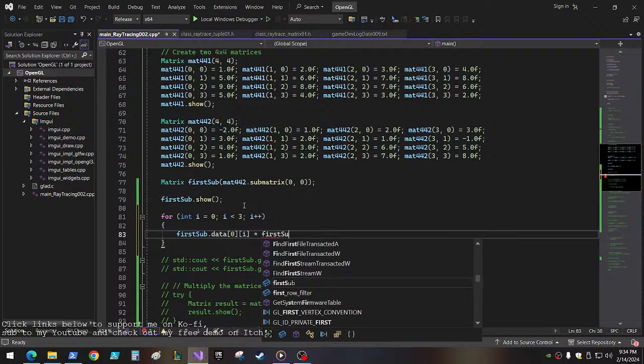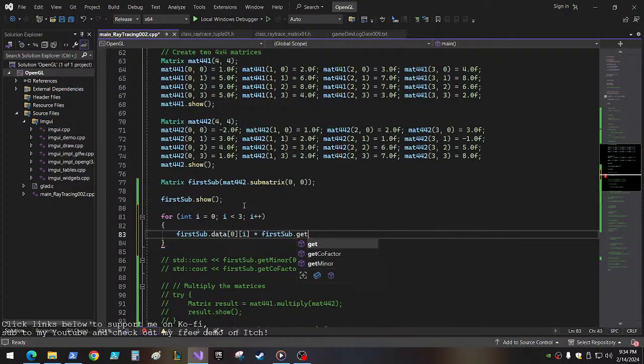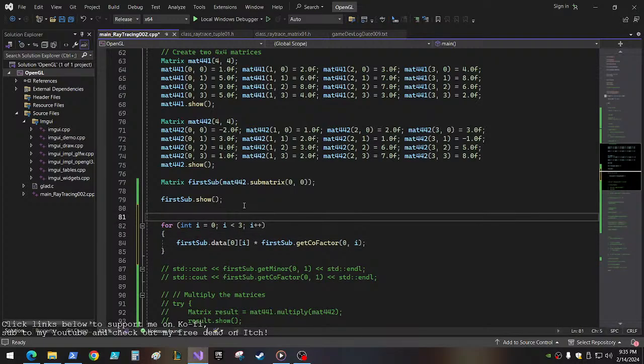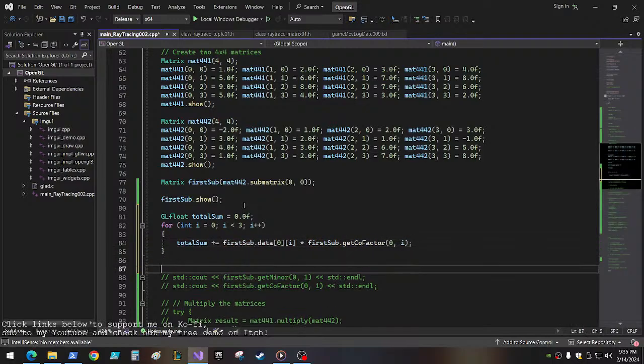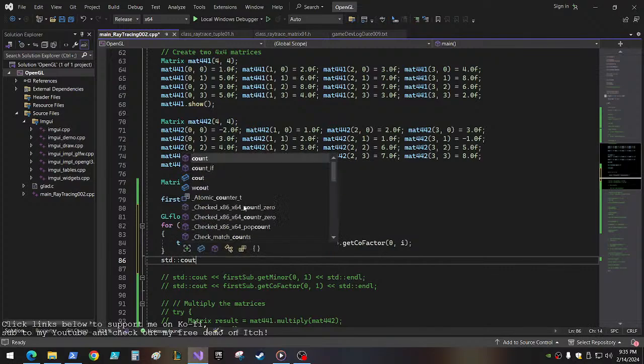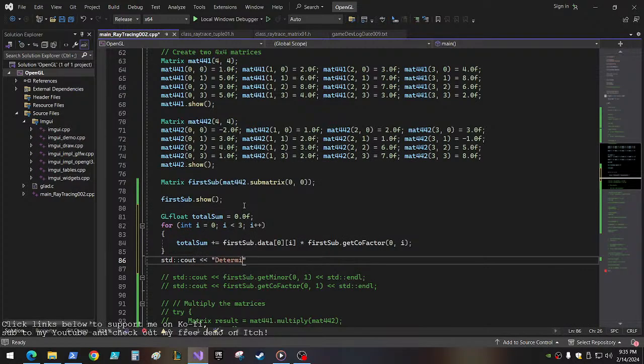So firstSub.getCofactor. And the cofactor we want to get is of that particular element, so it's going to be 0, comma i. And then we want to add that in a sum, so we're going to go like this. Total sum equals 0. Okay, and then when we're done, we're just going to say std::cout, determinant,